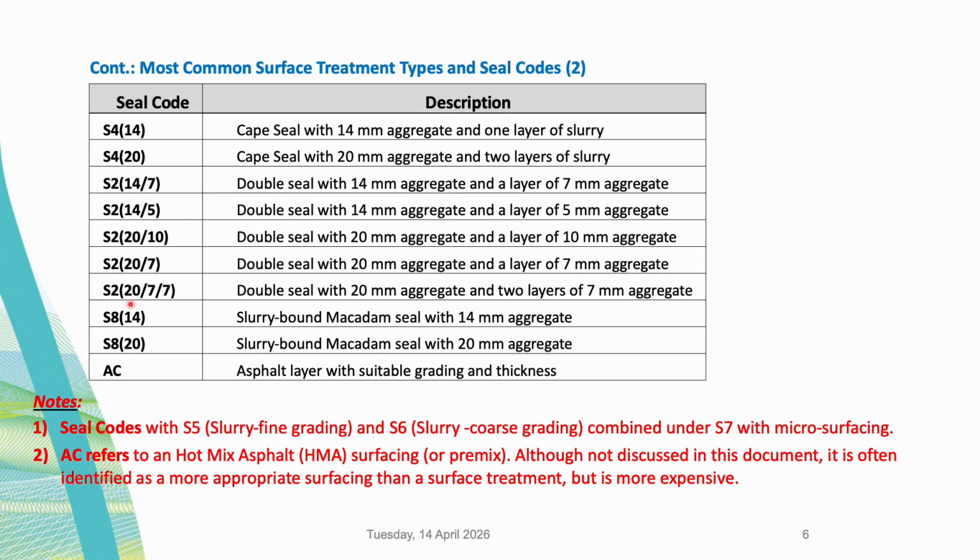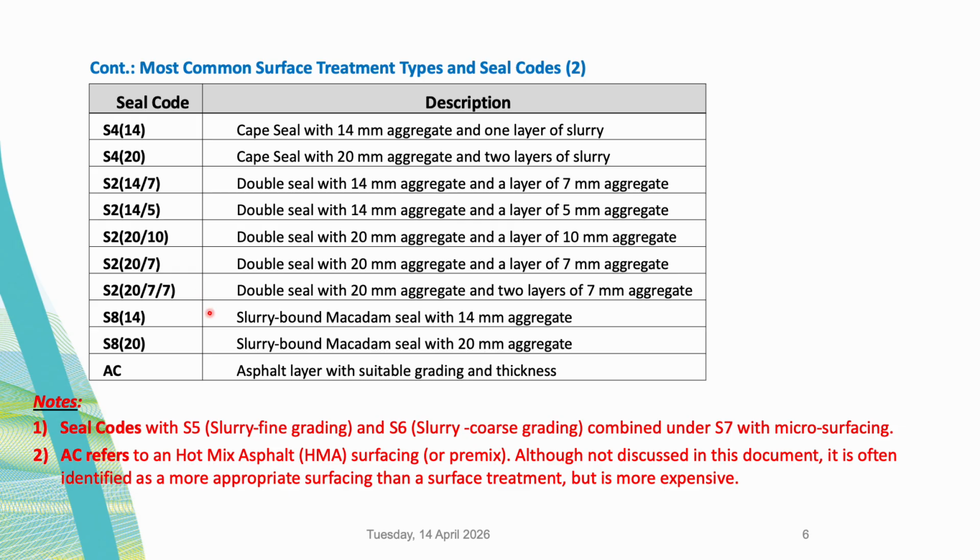So a 27.7.7 is a double seal with maximum 20 aggregate, a 7 millimeter layer, and another 7 millimeter layer, which is normally needed if there are still open spaces on your seal and you need to close that up to prevent moisture going into your pavement, which is actually an investment for the future, so that you protect your pavement from getting wet, so that the base layer does not get wet, and there will then start potholes and cracking,